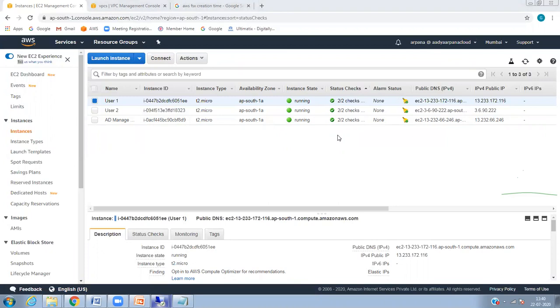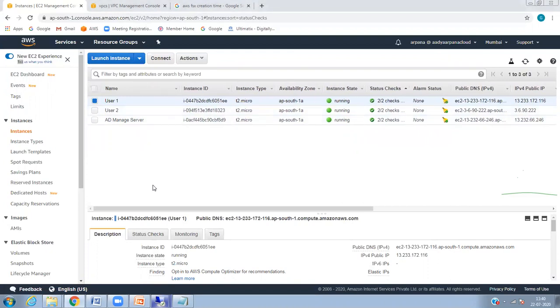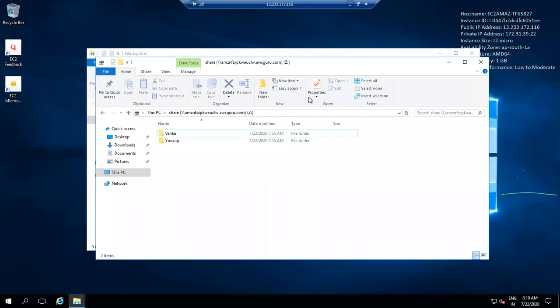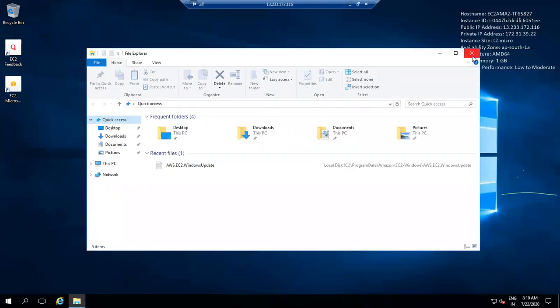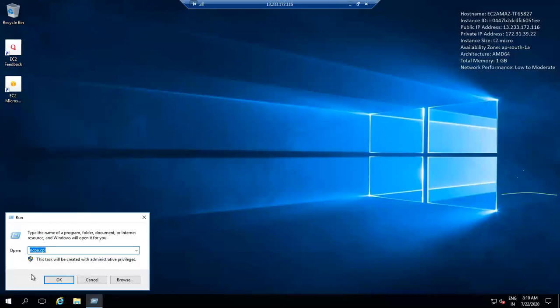But you need to join the domain. Without the domain, how will it work? Your permanent share is visible in our server, which means I think you joined the domain. Correct. I don't need to join the domain, but I need access: go to the run command, enter the FSx path, and you can enter the username and password, then you will get access.